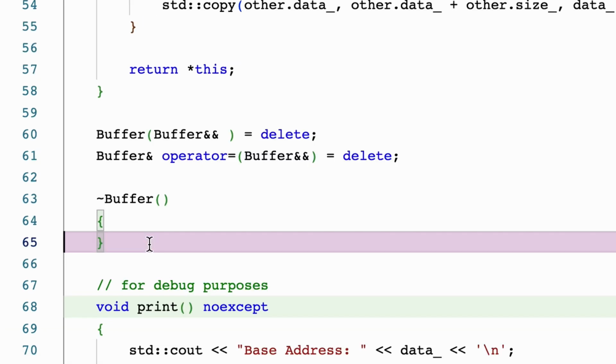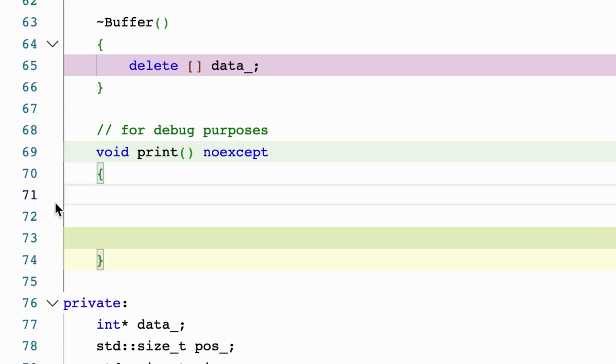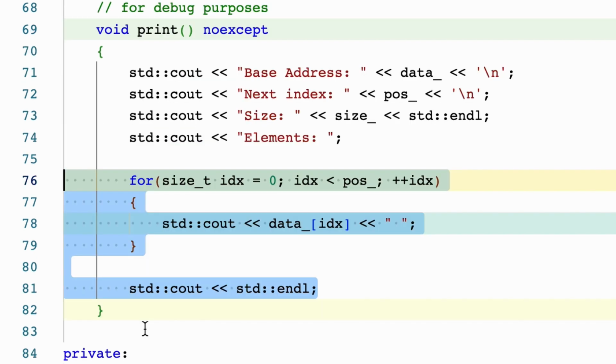We delete the move assignment operator and the move constructor, and the destructor will be simply the deletion of the data contained in the memory. So it's going to be delete of the data pointer. We can also have a print method that is just useful for debugging purposes to see what is the base address of the buffer, the position, and the size, and then print all the elements.